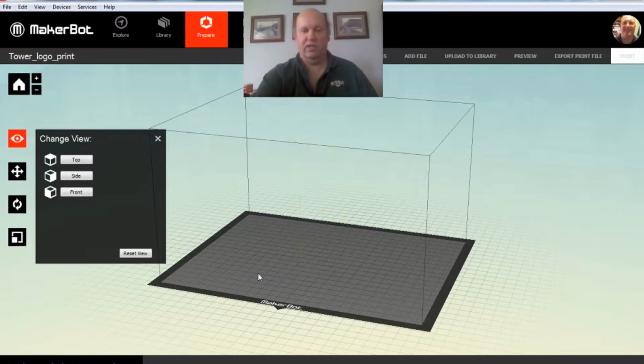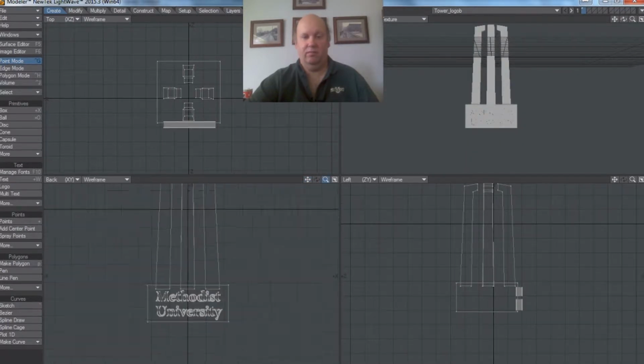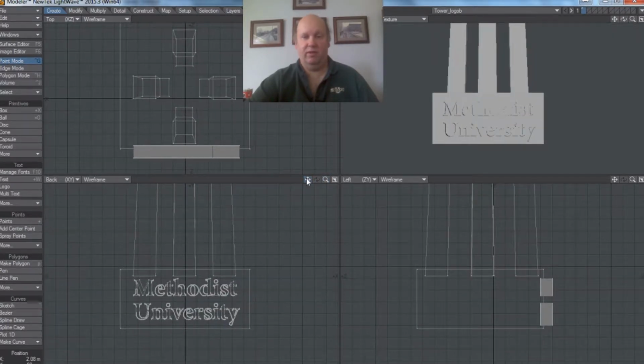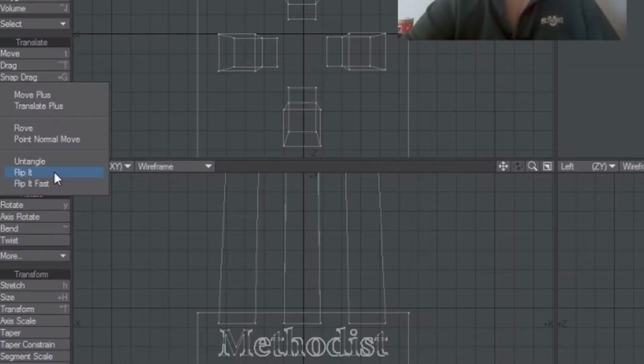So we're going to just delete that object, and we're going to go back to Modeler. So here in Modeler, here again, we've got our Methodist University logo, and it looks correct. So what we're going to do is reverse it here so it'll be correct when it goes into the other program. So we're just going to go to Modify and under Translate,